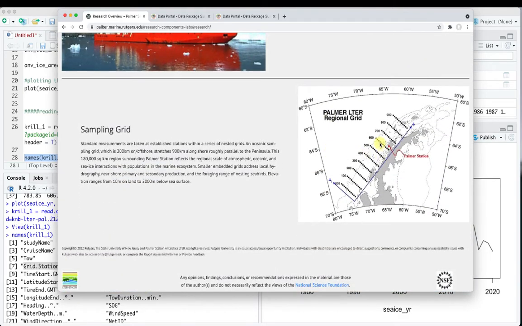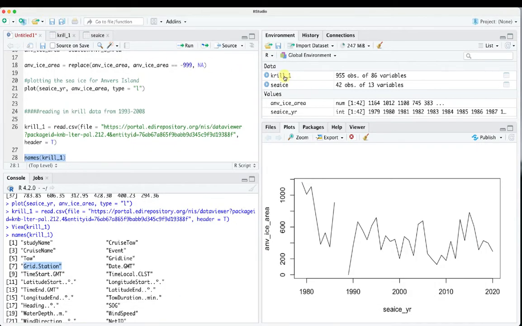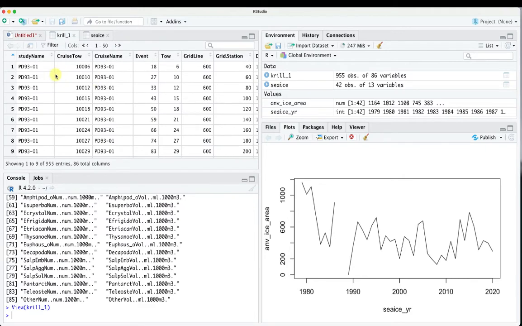We want, so these are all the places where tows were taken. We want stuff near Palmer Station, which turns out to be line 600, station 40. That's where we're going to be looking at for krill. So if we come back over here and we take a look at our krill1 data set again, here's study